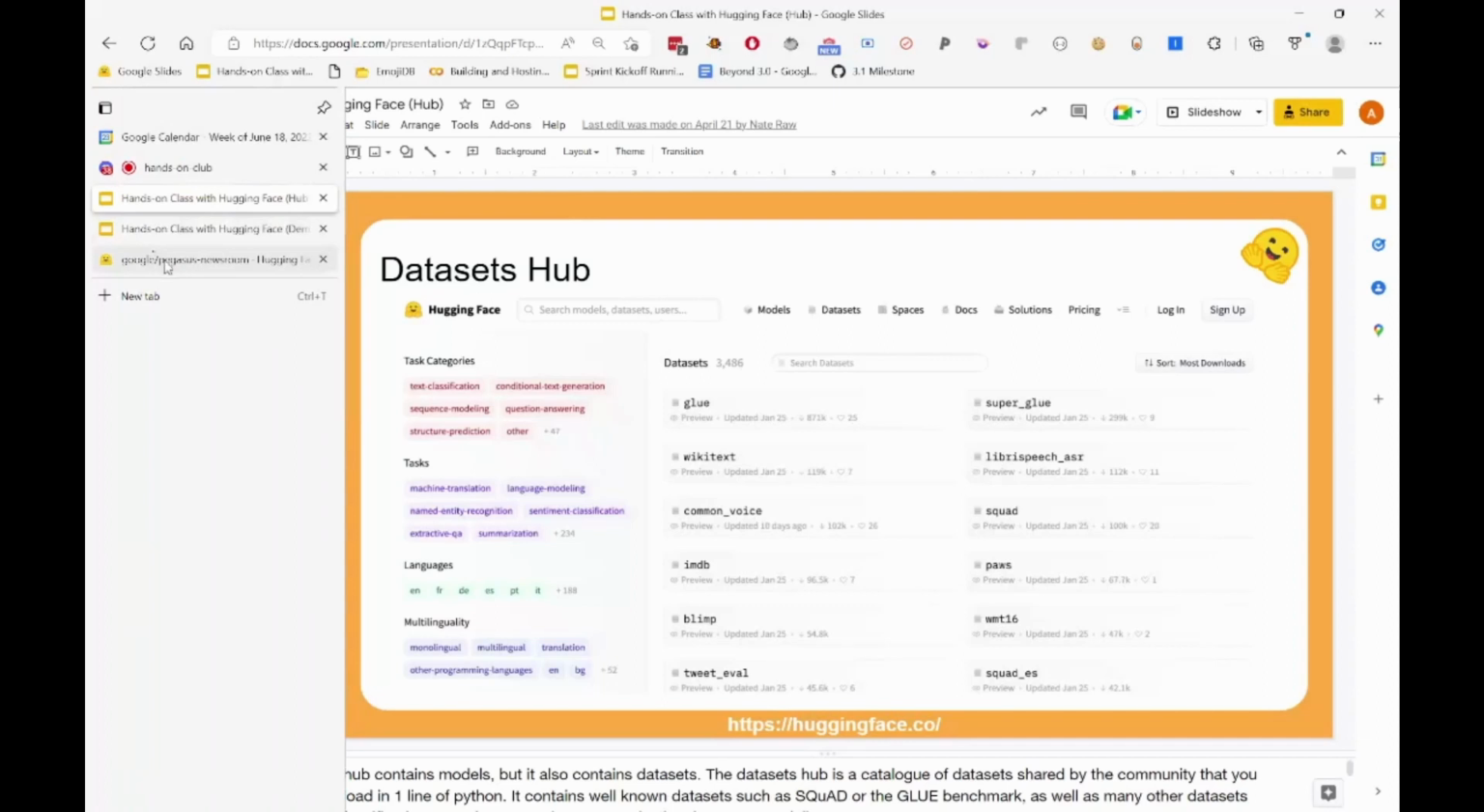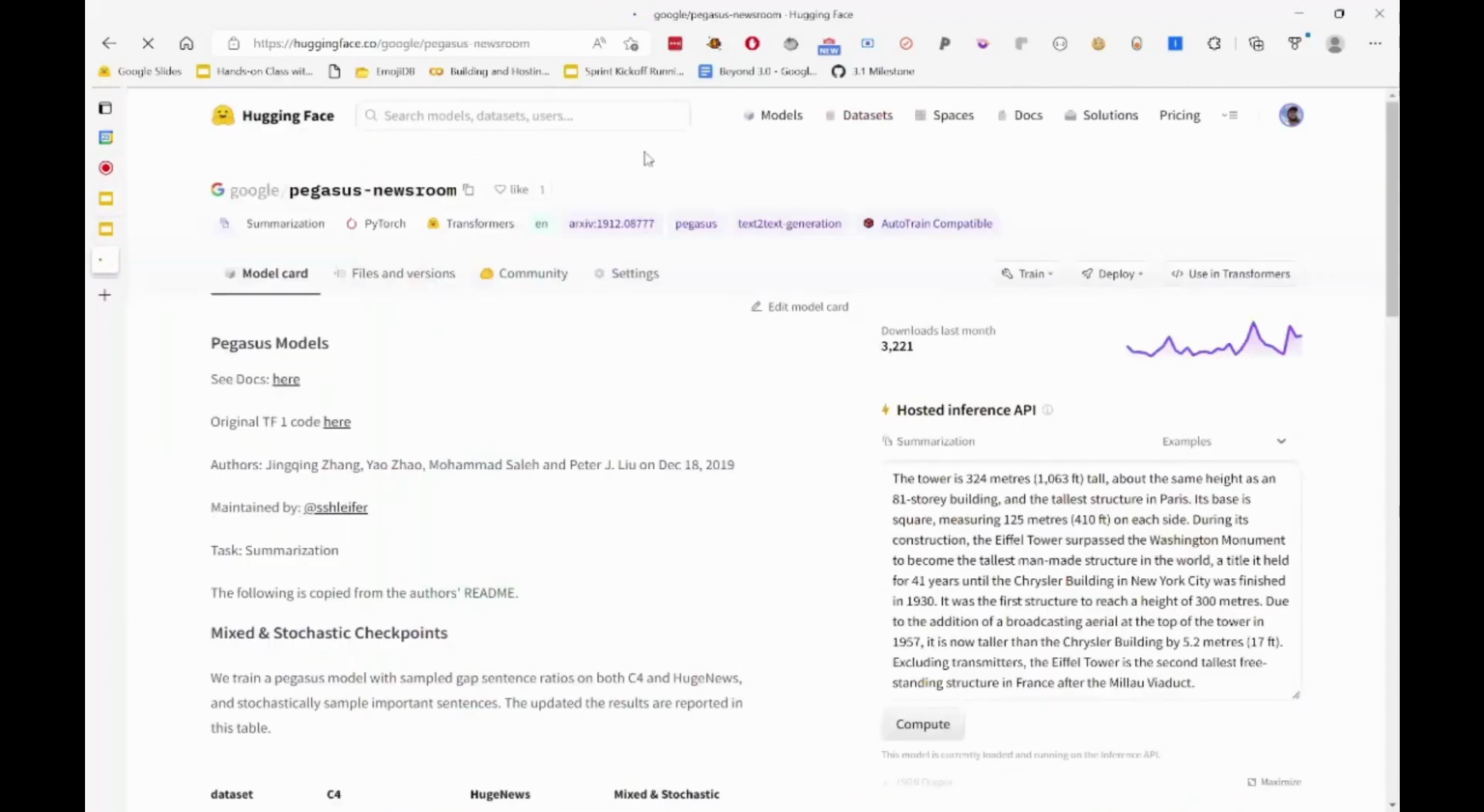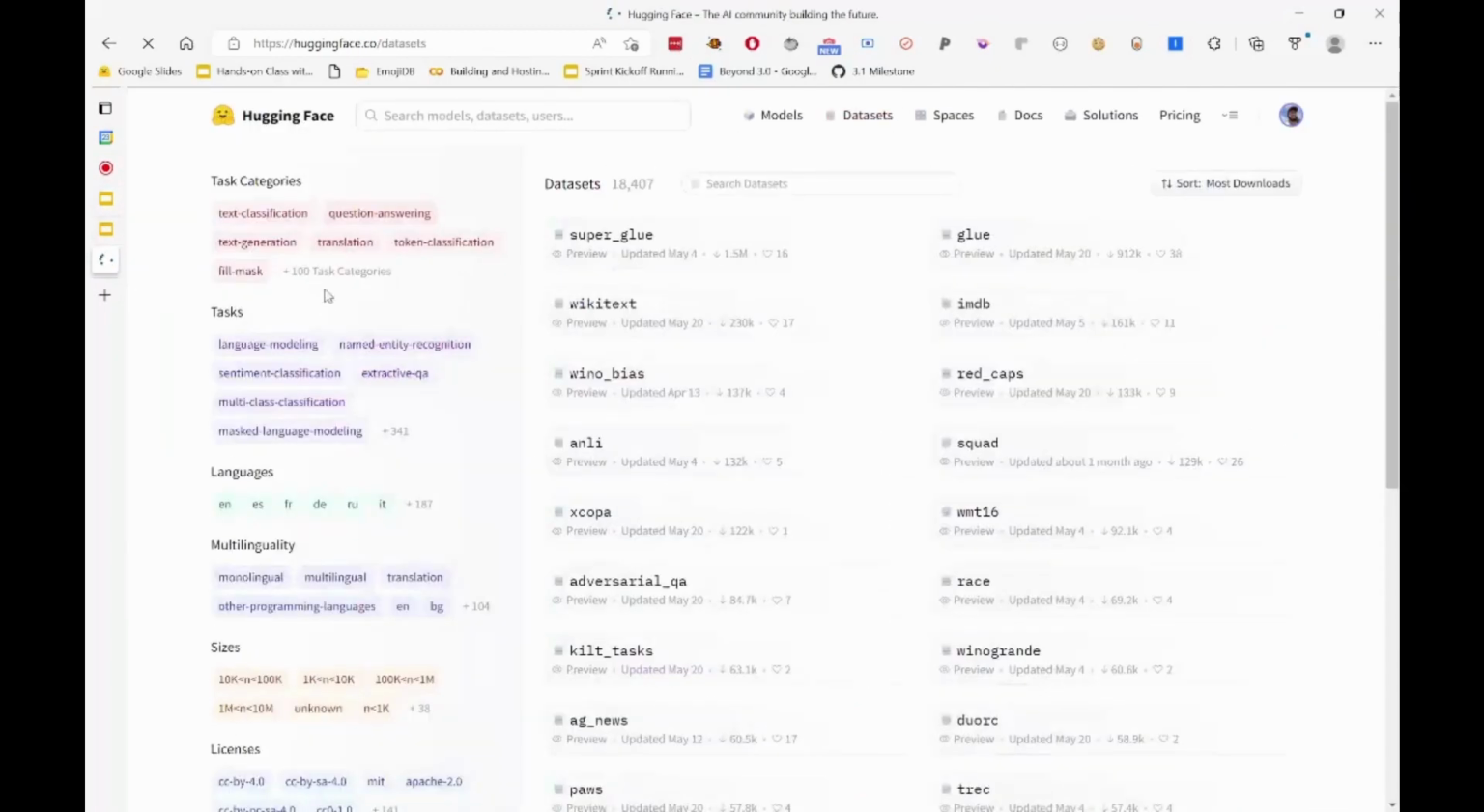And before the datasets hub, a lot of this was decentralized. A lot of it was in different places. And so we created the datasets hub to essentially organize this information as well. And so you can see that there are lots of datasets out there, more than 18,000 datasets, again, in a bunch